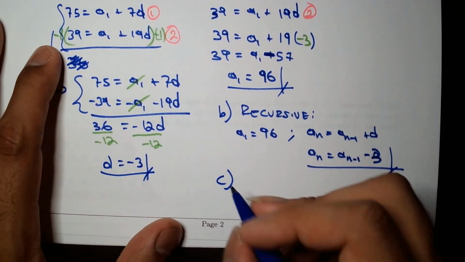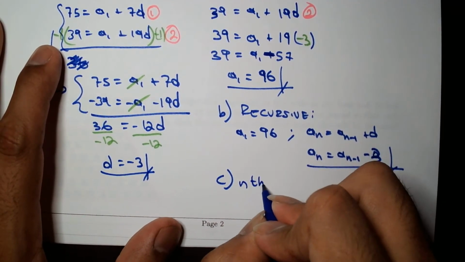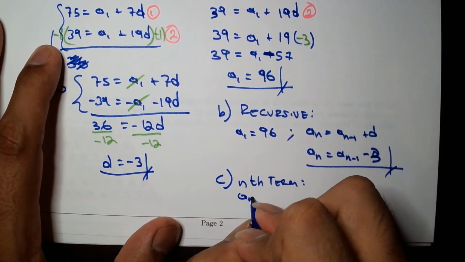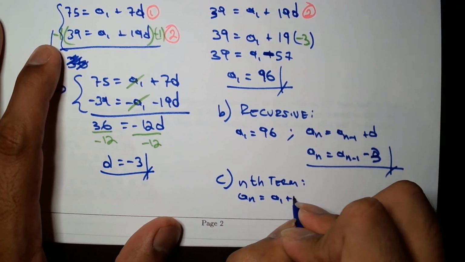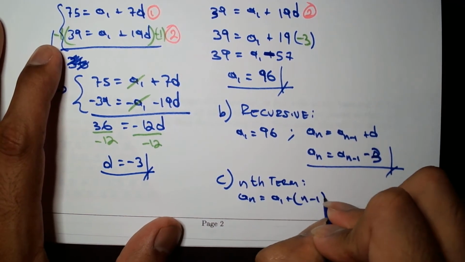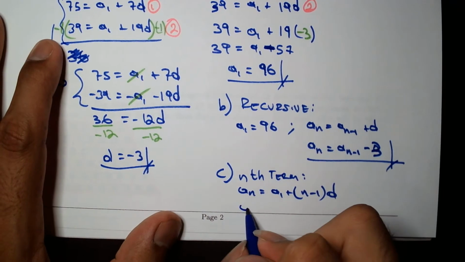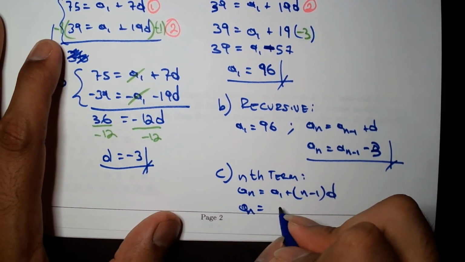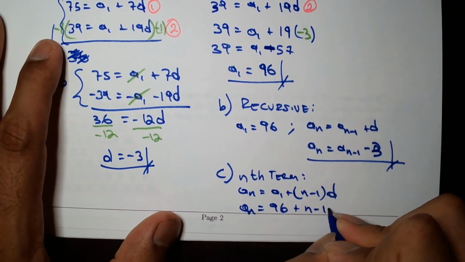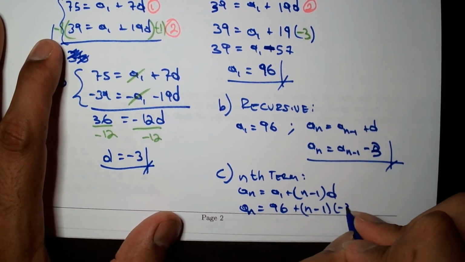The nth term, that's going to be a sub n equals a sub 1 plus n minus 1 times d. And in this case, a sub 1 is equal to 96 plus n minus 1 times the difference, negative 3,